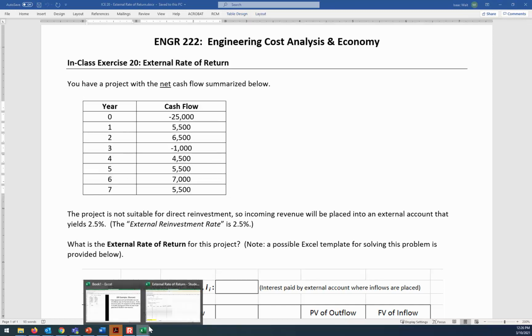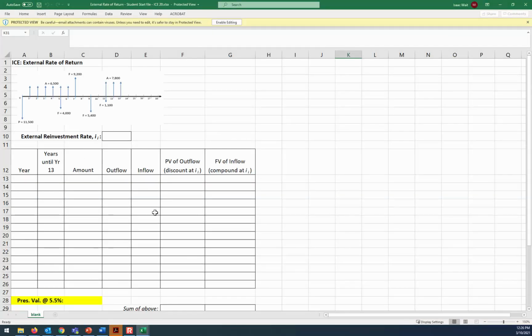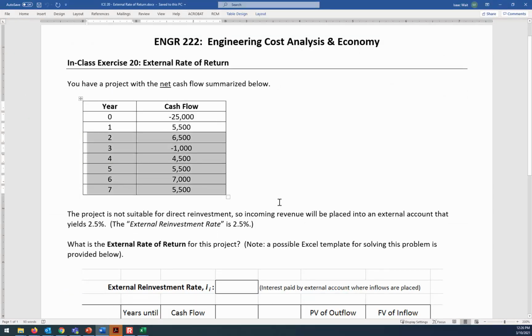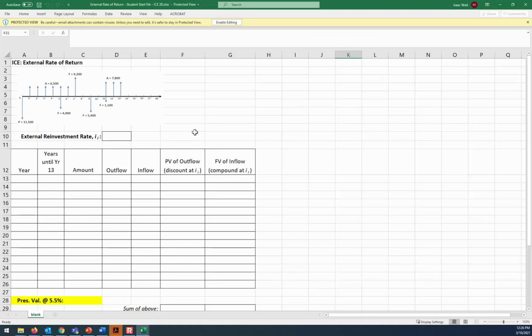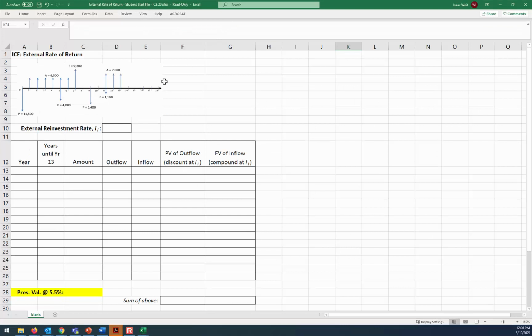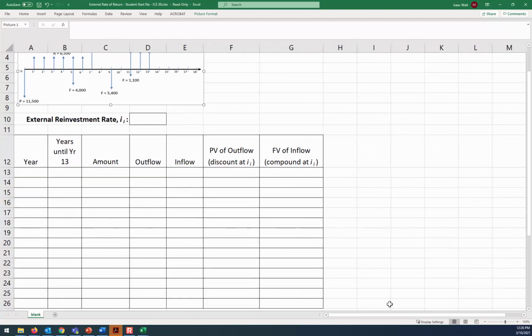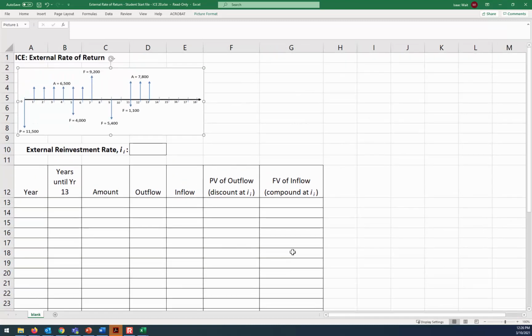Let's use this one. It's more interesting. You know how I was saying I thought this cash flow diagram was too boring? Seems like I came to the same conclusion some other semester, and so I may not have yet updated the in-class exercise file to reflect that. But let's use this cash flow diagram, since I emailed everybody this one. We want to find the external rate of return for this business opportunity.